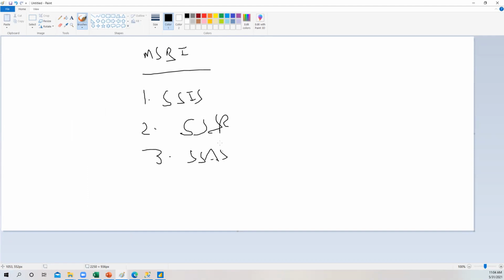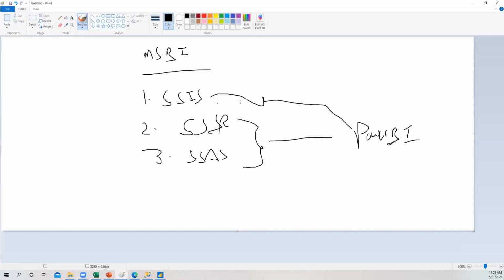Now these things have become Power BI, and Power BI also supports a few of the features of SSIS. But you cannot load the data to different data sources in Power BI, though you can do those transformations which are available in SSIS.